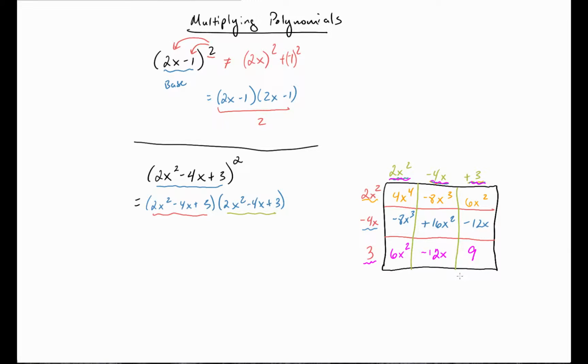Okay. And one of the things that I really like about this is if I want to, I can go back and just check my work. I can recheck the boxes and make sure everything's added up well. Also, what's really nice about it is the diagonals, and there are some instances where this won't happen, but the diagonals are like terms. So I've got my first term here is just 4x to the 4th. Then I have this diagonal here, where those are both cubes, so I can add them up. I've got -16 of those x cubed,